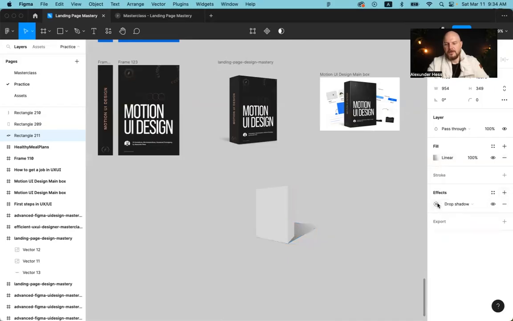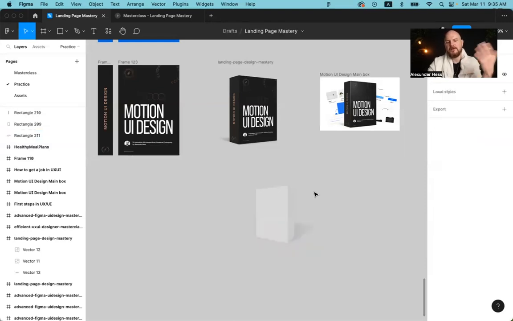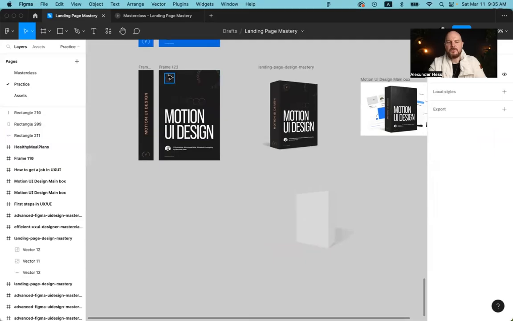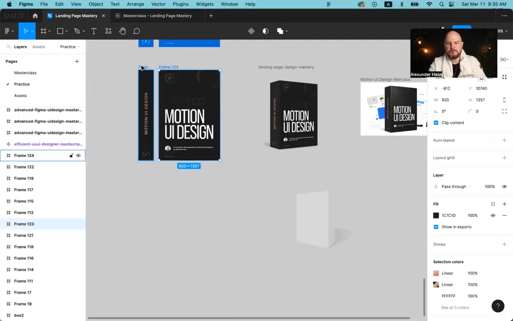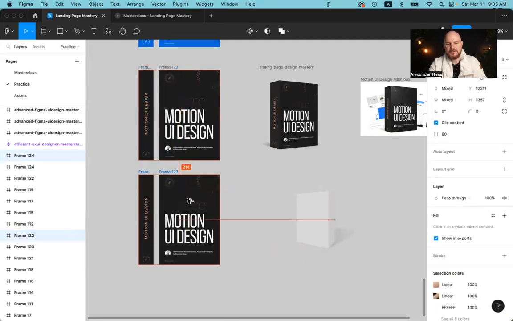Also, I'll apply the effect, not drop shadow, but layer blur. Just a little bit, maybe like 10. Let's try 20. Yeah, perfect. Let's change the opacity of the entire layer to like 30%. Now we have a shadow. And now, when you have designed your box, let's imagine that you already designed